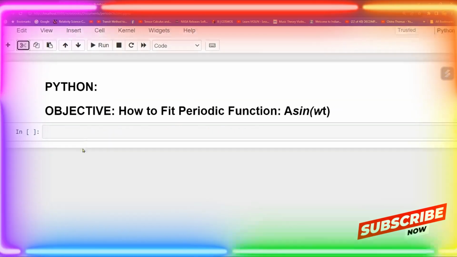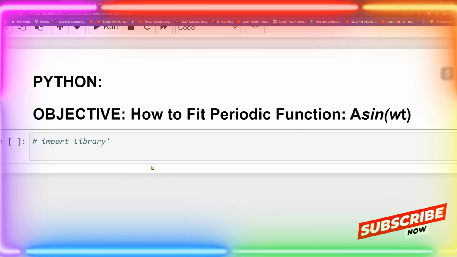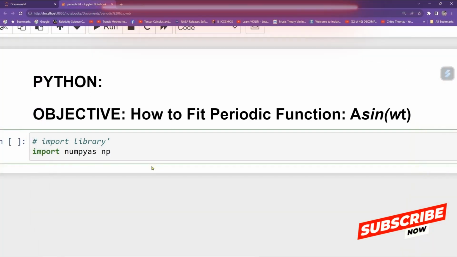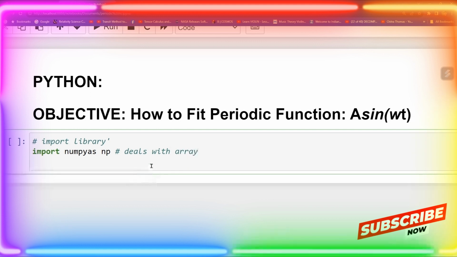Okay, so first I will import some libraries. I will import numpy, so import numpy as np. This deals with arrays, and then I will